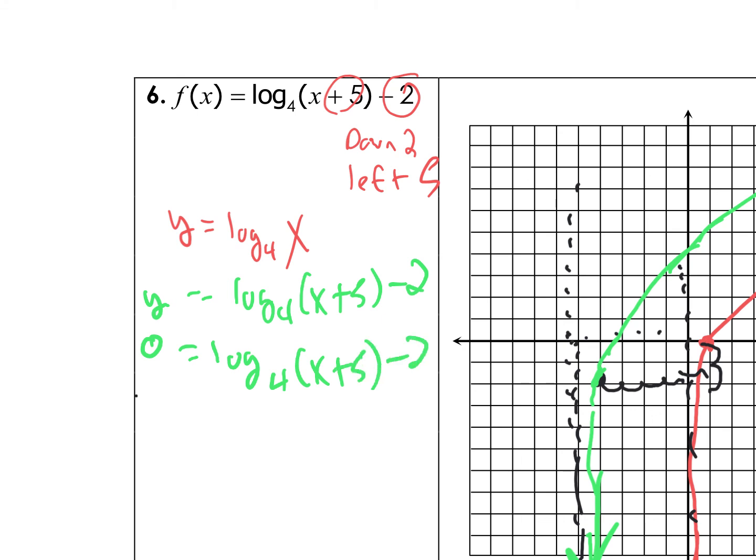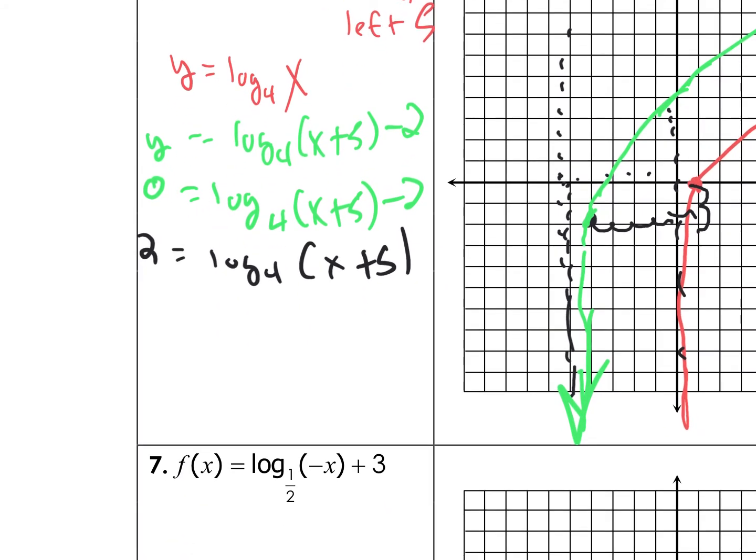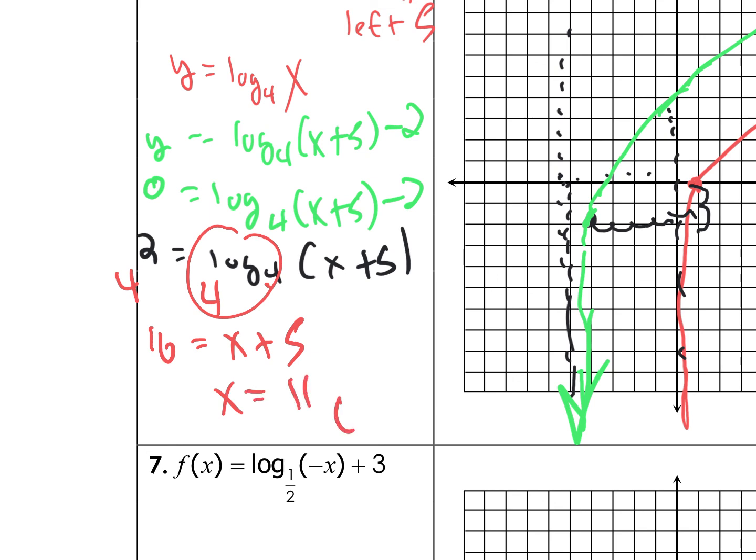Add 2 to both sides. 2 equals log base 4 of x plus 5. Exponentiate both sides. 4 to that power, 4 to that power. This cancels out. 4 times 4 is 16 equals x plus 5. X must be 11. So the ordered pair would be